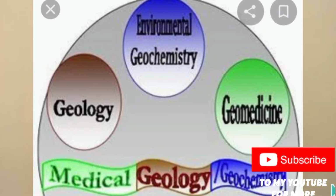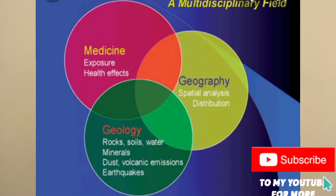So, like I said earlier on, I'm going to be talking about medical geology because this PhD is for those that are involved in medical geology. Did I hear someone say, what's medical geology? Now, this is an emerging interdisciplinary field that has a bit of geology, medicine, all the related medical fields, and then geography as well. Okay, so medical geology deals with the relationship between natural geological factors and their effects on